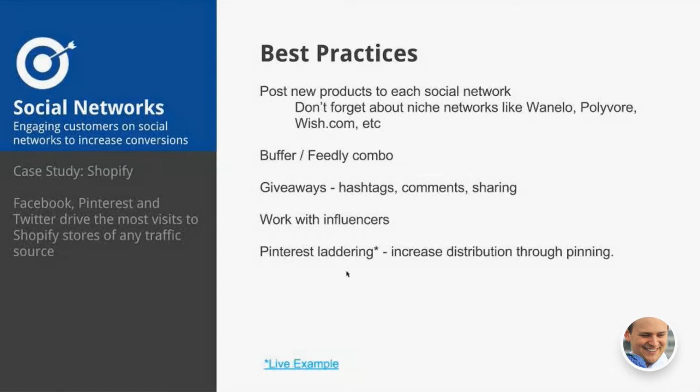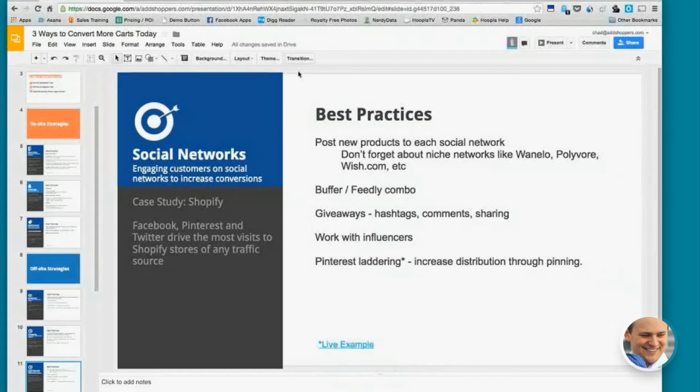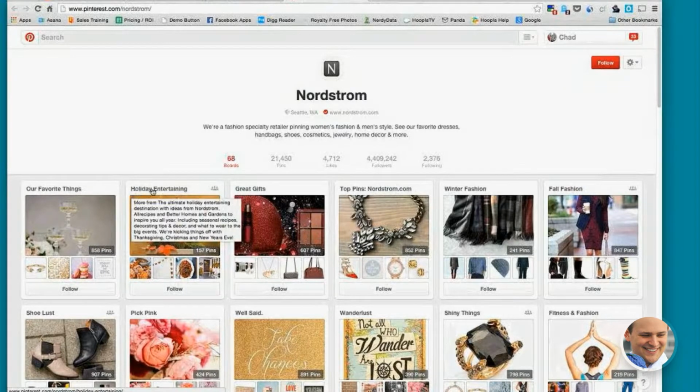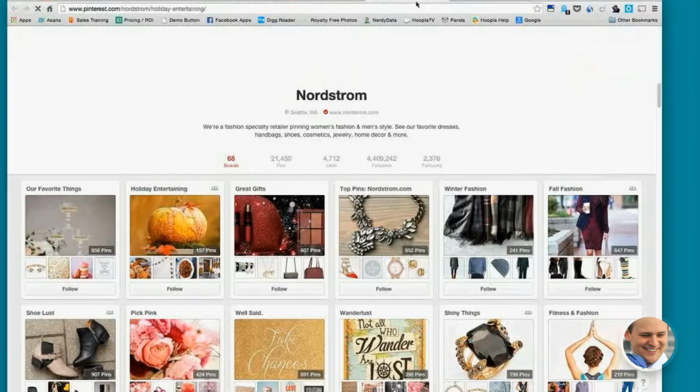And one sort of hack tip that we have, it's called Pinterest laddering. It's a way to increase your distribution through pinning. So let me hop out of here. If we go over to Pinterest, the way Pinterest is set up, everything is essentially a board. So in this example, we're looking at Nordstrom. They have holiday entertaining, and they have a great gifts board. So if we take a look at these two boards,